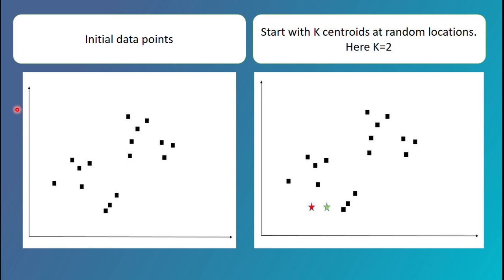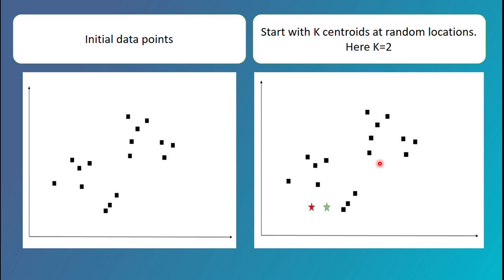Okay, let's suppose this is our data in two-dimensional space, and first we need to specify the number of clusters. This is the initial point of the k-means clustering algorithm. Let's suppose we want 2 clusters. Our k is equal to 2 now. After that, we need to identify 2 random points which you consider as the centers of those 2 clusters. We call them centroids as well. You just put 2 random points here. You can put these 2 anywhere in this